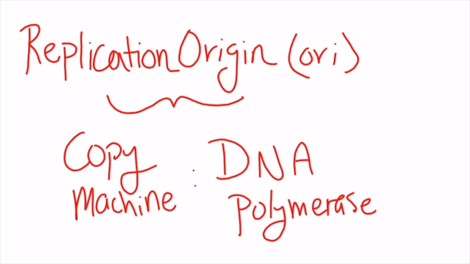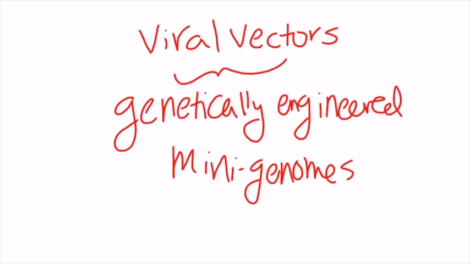Locating the origin of replication presents an important task, not only for understanding how cells replicate, but also for various biomedical problems. For example, some gene therapy methods use genetically engineered mini genomes, which are called viral vectors, because they're able to penetrate cell walls, just like real viruses. Viral vectors carrying artificial genes have been widely used in agriculture, and were first used successfully on humans in 1990